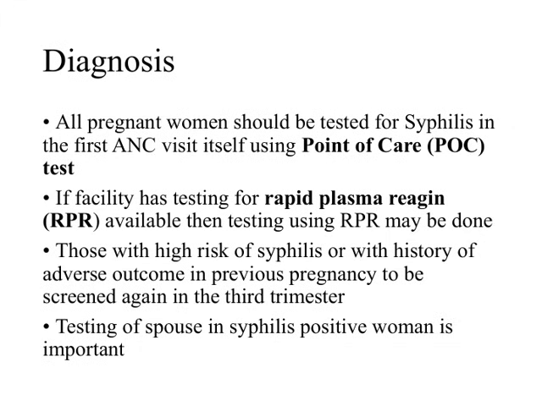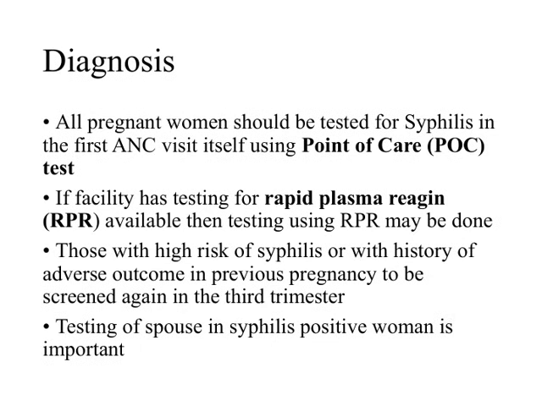For women who are at high risk of having syphilis or those who have a history of adverse pregnancy outcomes, it's important to screen them again in the third trimester to catch any new infections that might have developed. Additionally, testing the spouse of a woman who tests positive for syphilis is crucial. It helps us identify potential sources of infection and prevent reinfection, ensuring both maternal and fetal health are protected. Overall, thorough and timely testing is a key step in breaking the cycle of infection and safeguarding the health of